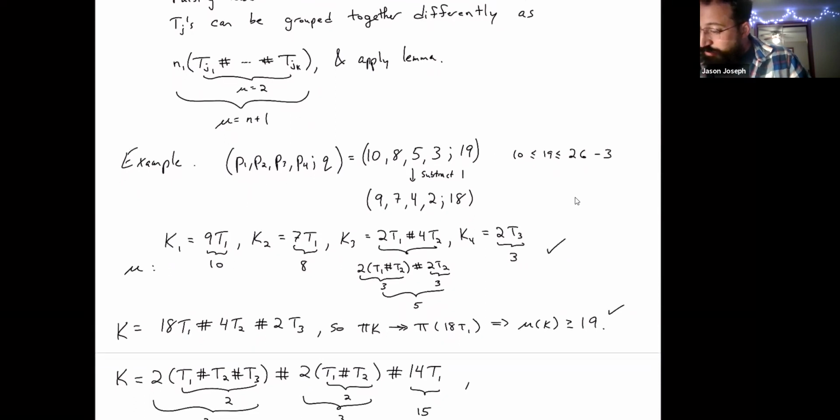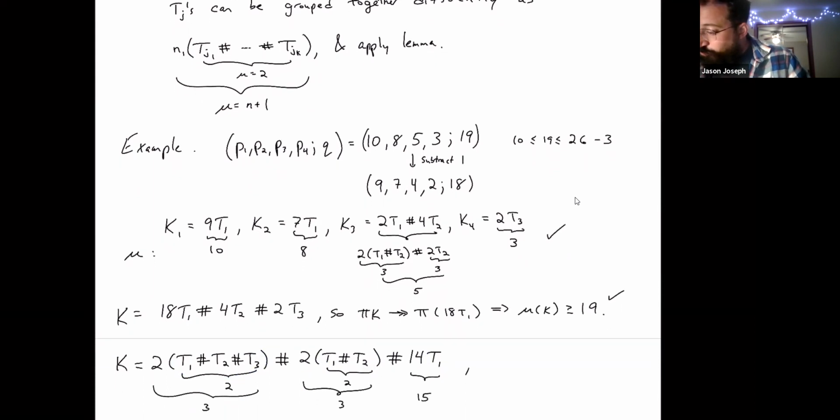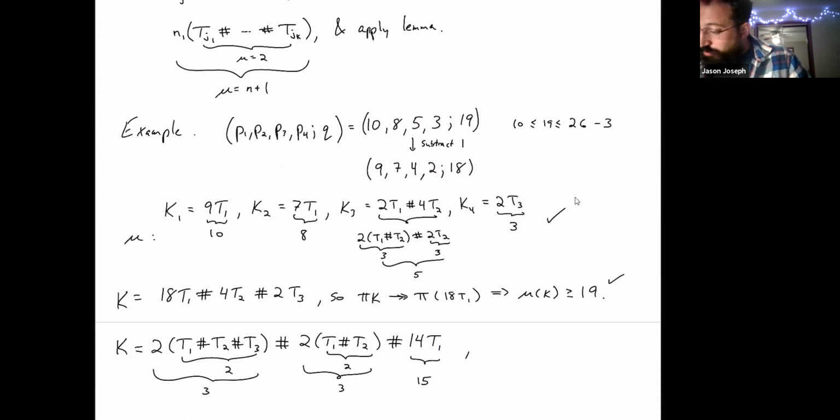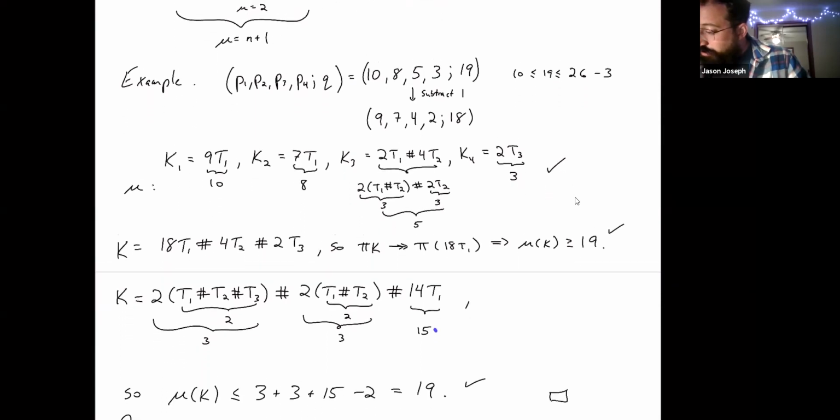So the lemma applies now to each of these 3 guys. So 2 2s is a 3, and same thing there, and then that's a 15. So altogether, the rank is at most 3 plus 3 plus 15 minus 2, which is 19. Okay, great. So that's just kind of to show